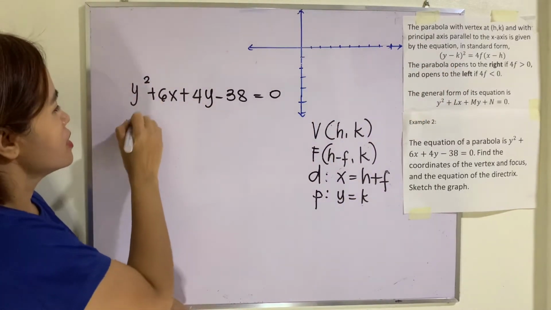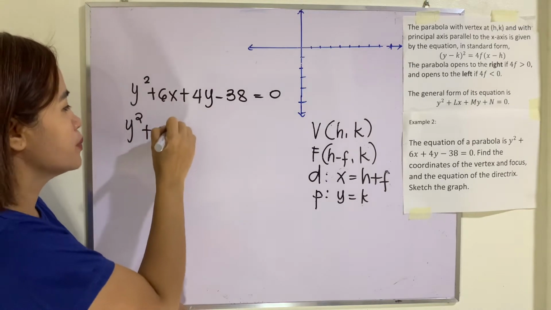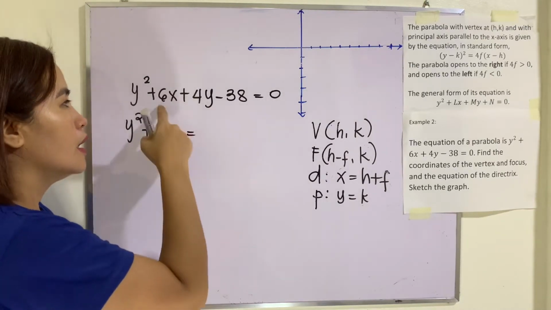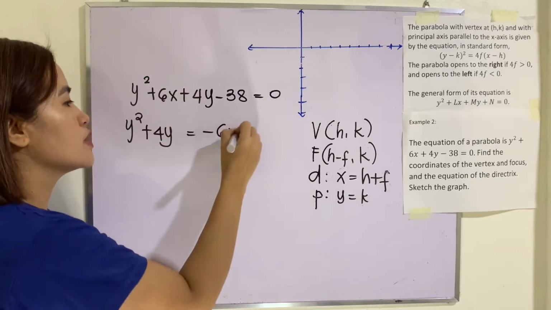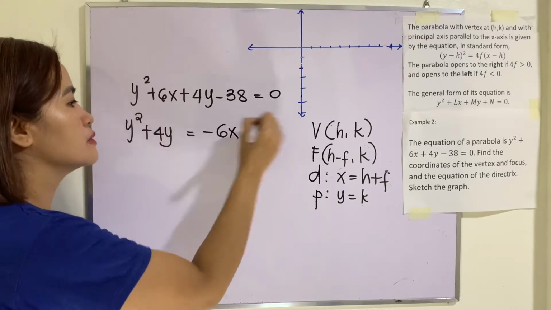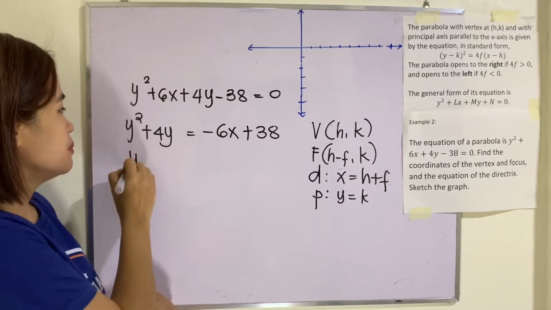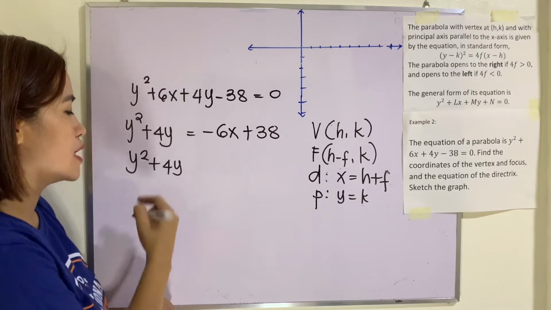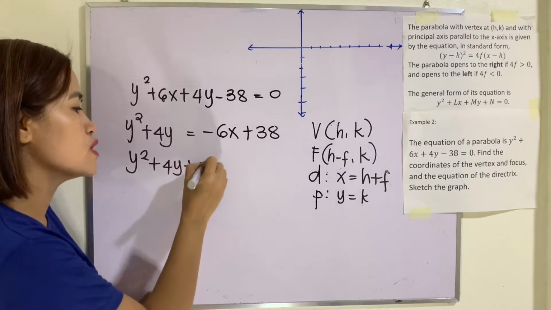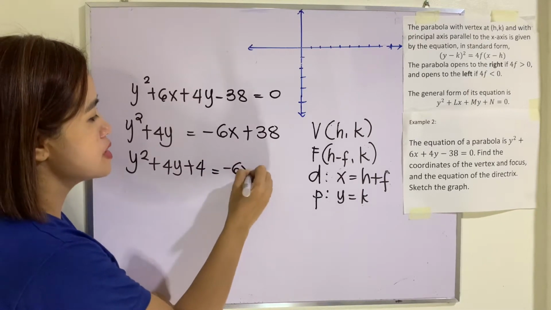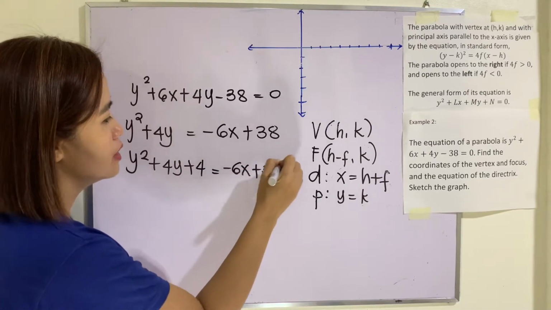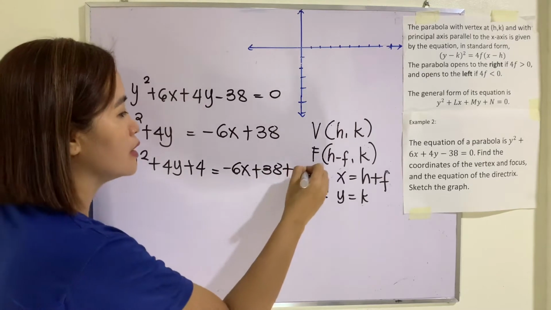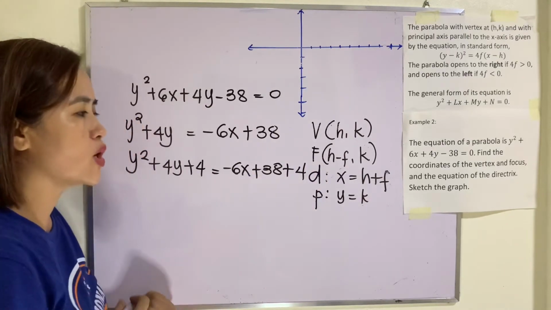So, that is y squared plus 4y. We group terms with y, and then we transpose this to the other side, plus 38. Let us make this a perfect square trinomial. This is y squared plus 4y. Get half of this, that is 2, square it, and then that is 4. Negative 6x plus 38. What you add here should be added here also, so that the equation will not change